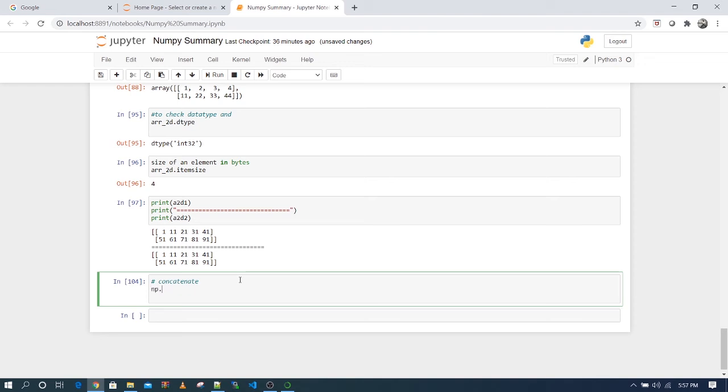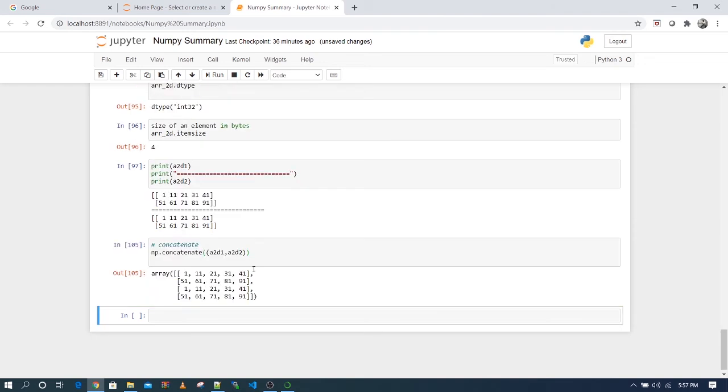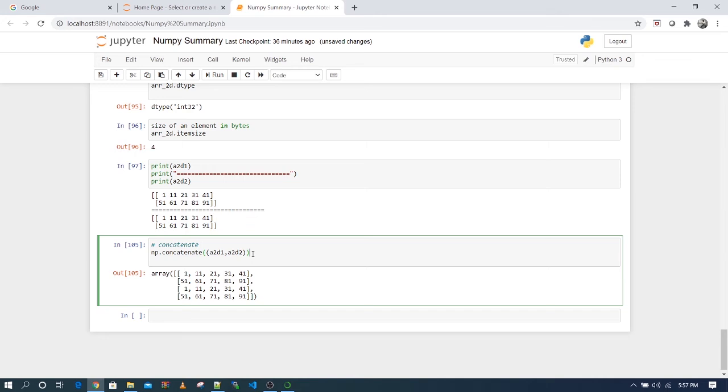So np.concatenate, and then we have to pass this in the form of a tuple, a2d1 and then a2d2. So it will concatenate it. You can see it has concatenated based on the columns.